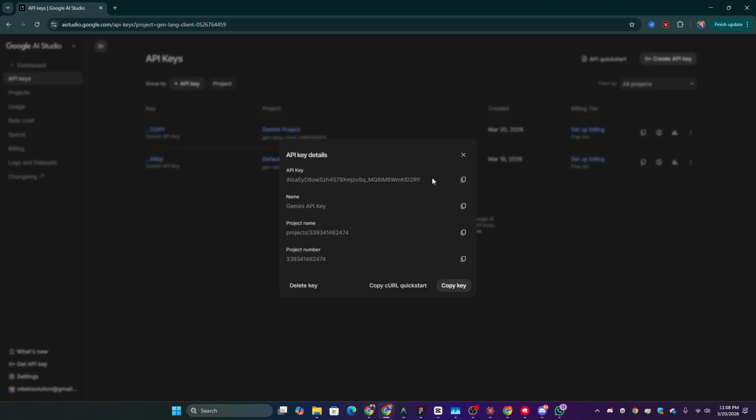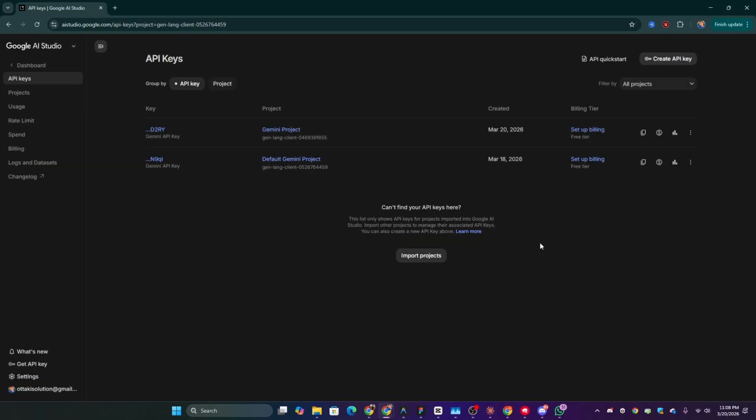Guys, don't try to copy paste this because I will delete it anyway. So that is how to get an API key for Gemini things